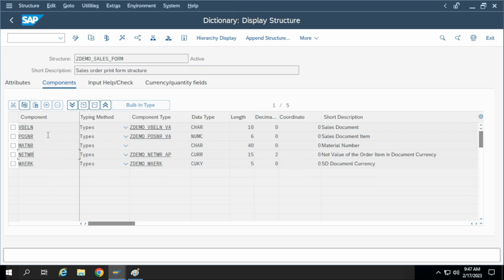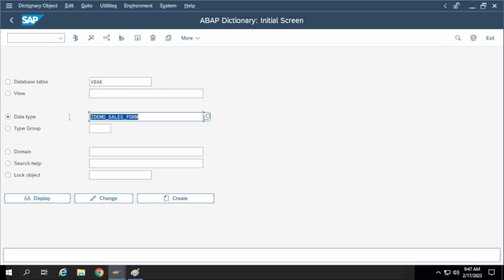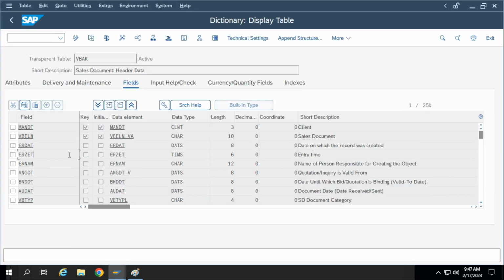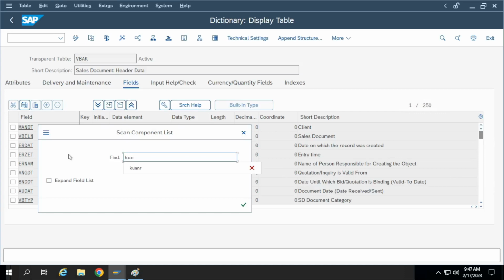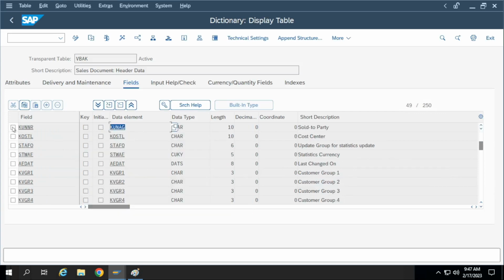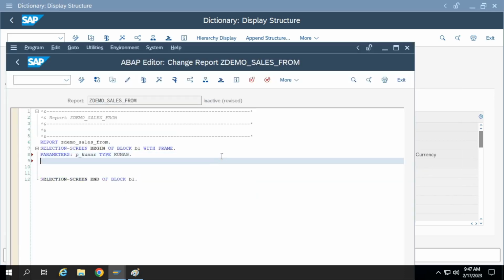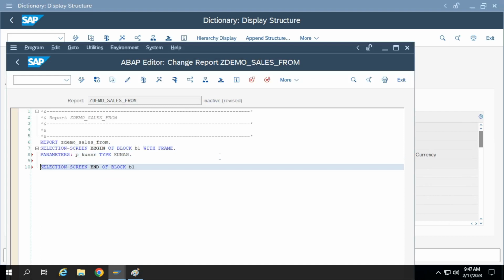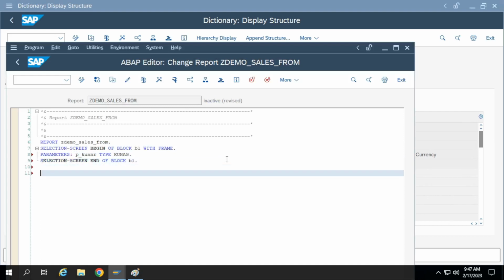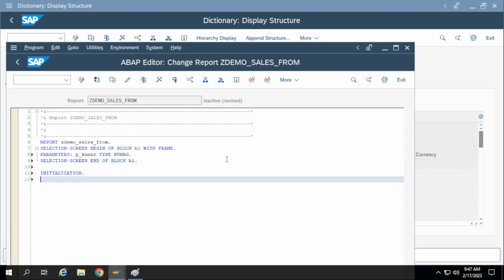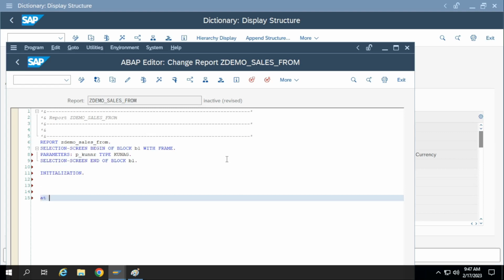Oh, I think, yeah. What is the type of Kunnr? Don't remember. KUNNR or something. SE11. KUNAG. Now I have my input. So depends on this input, I have to select the data. You can validate the inputs using at selection screen,